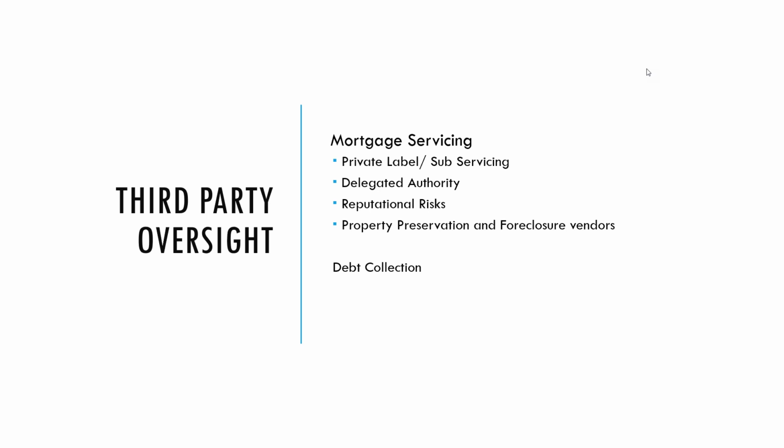Other vendors within mortgage that are going to become highly critical, not necessarily in the next month, but if the default rates continue to rise and loss mit options requests continue to rise, you're going to have to start looking hard at your property preservation vendors and your foreclosure vendors. Make sure that they've all been reviewed recently, that there's been no issues, that you've looked at them on an annual basis at least, or if they've been on board for a while and your TPO program isn't really up to snuff, you might want to get out there and start to look at it.